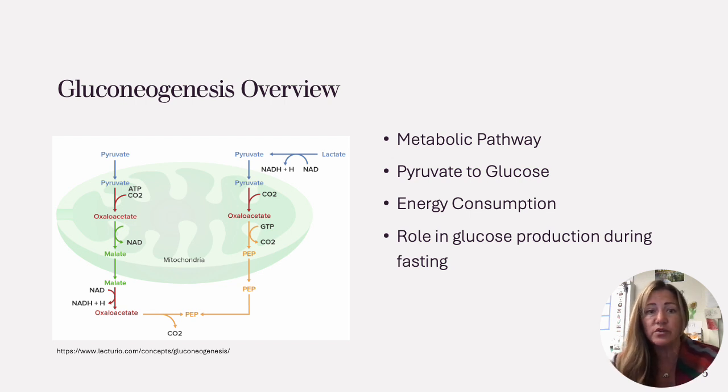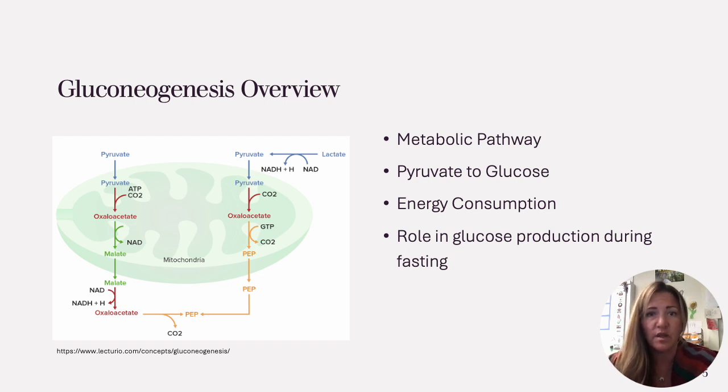Gluconeogenesis is the reverse of glycolysis. This is because pyruvate is converted back into glucose. The primary stimulus for gluconeogenesis is low blood sugar. Starting with pyruvate, the reactions involved in